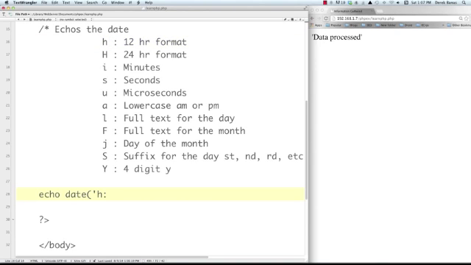I'm going to put a colon inside of it. Then I'm going to want minutes, which is I, as you can see above. Seconds, and then U would be milliseconds. I could then type in A for lowercase AM and PM. I could put a comma inside of there, then put an L for the full text for our day,